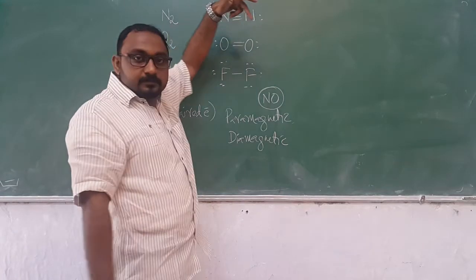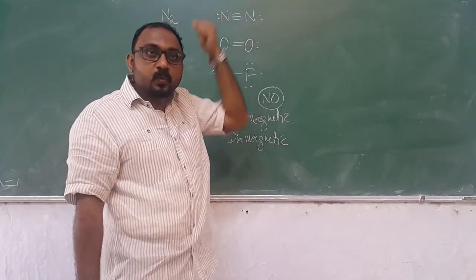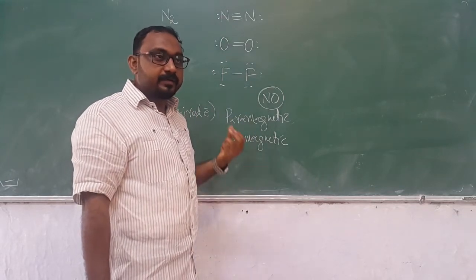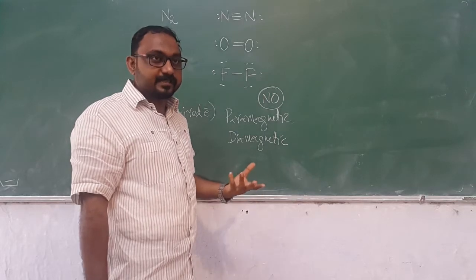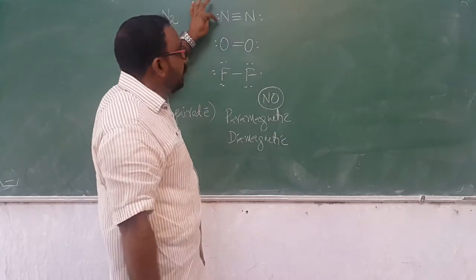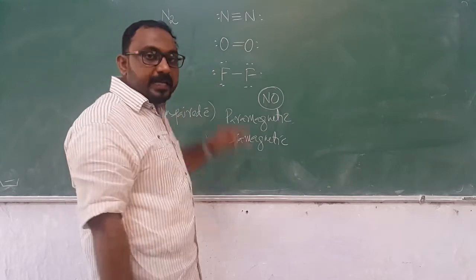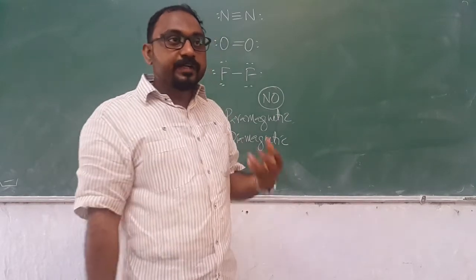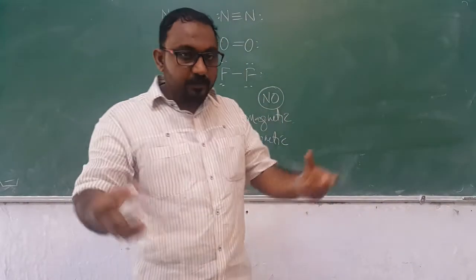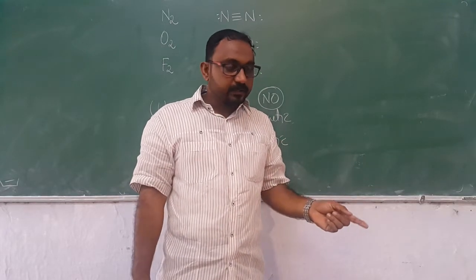They made liquid nitrogen. How do we make liquid nitrogen? We can cool a gas. If you reduce the temperature of a gaseous substance, it will get liquefied, it will get condensed. So, we made liquid nitrogen, liquid oxygen, and liquid fluorine. And how do we understand whether it will get attracted to the magnet? We have to pour it in between the opposite poles of a powerful magnet. And we have taken these three liquids and